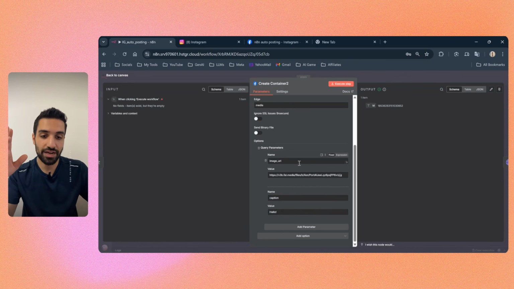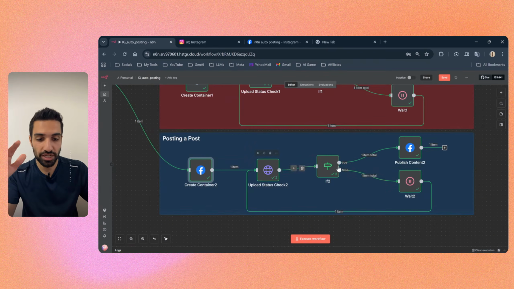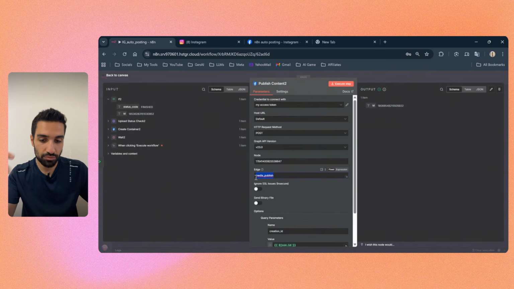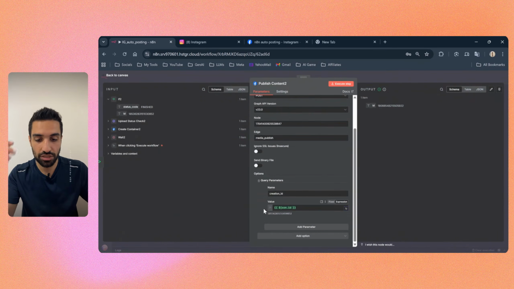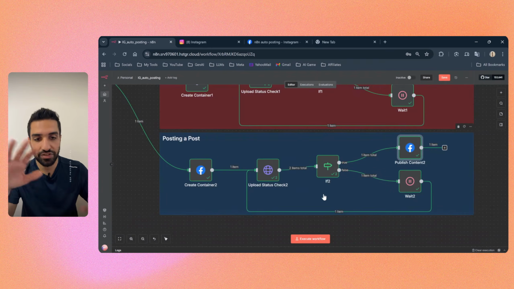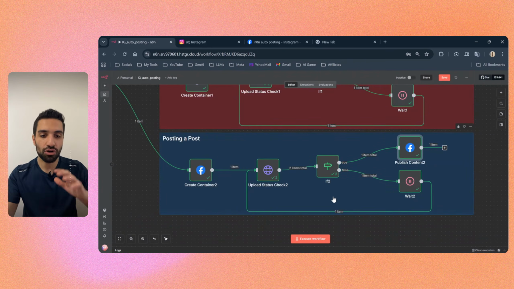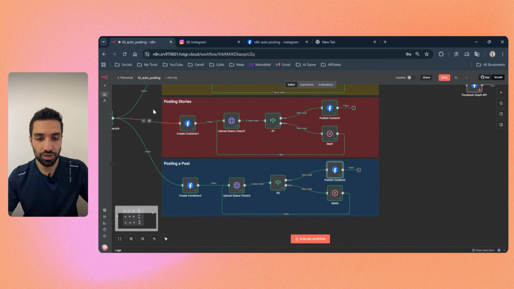Again, we create our container, it gives us an ID. We will check again. If it is ready, we go there. If it isn't, we just go here and wait. And once it is ready, we can just put media_publish and creation_id. This is the container ID that we put, and send it back to Meta and say, hey, post that to our feed. So everything is the same. This is exactly how you automate your Instagram posting, to post a story, reel, or a normal